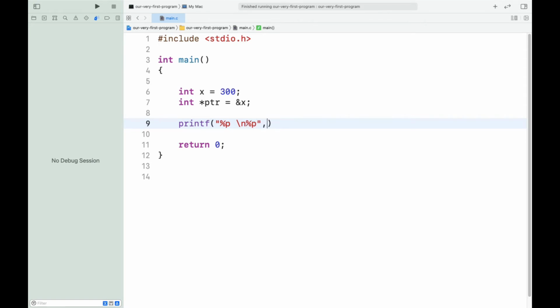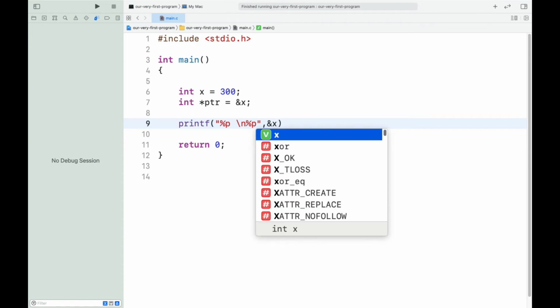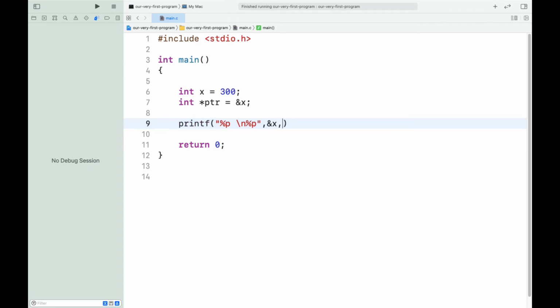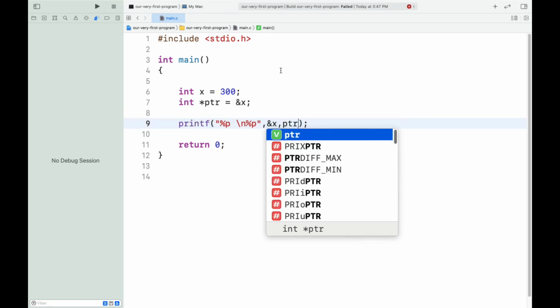First we need to print out the address of x, then I'm going to print out the value of ptr. Let's see what we are receiving. Oh, ptr, okay, not prt, ptr.